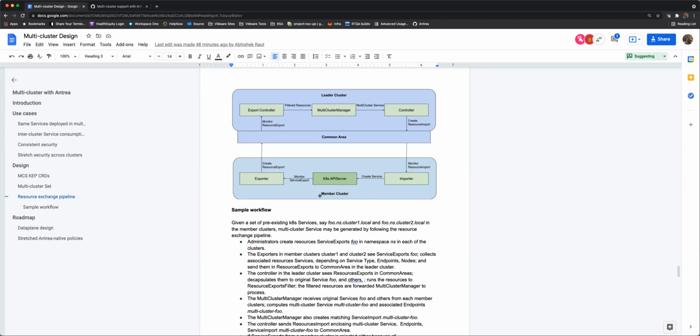So in the member clusters, you will have users creating services, and then they will create a service export, marking that service to be exported. And that will then be monitored by an exporter controller, which will essentially encapsulate it into a resource export resource, and then push it to something called a common area, which was sort of an abstraction for where these resources are pushed to. The leader cluster would listen to this